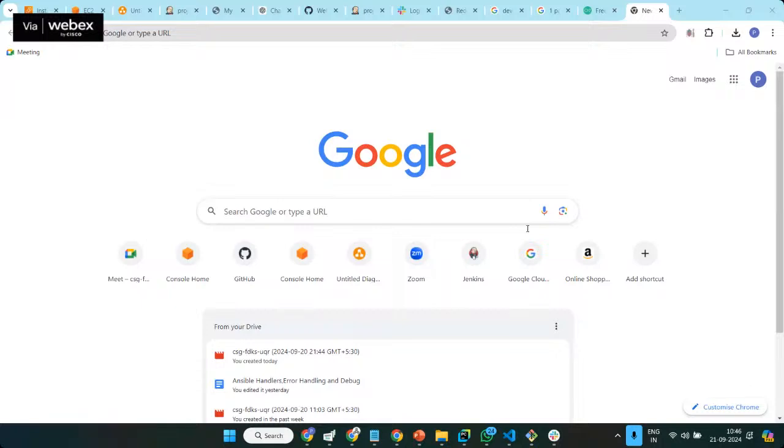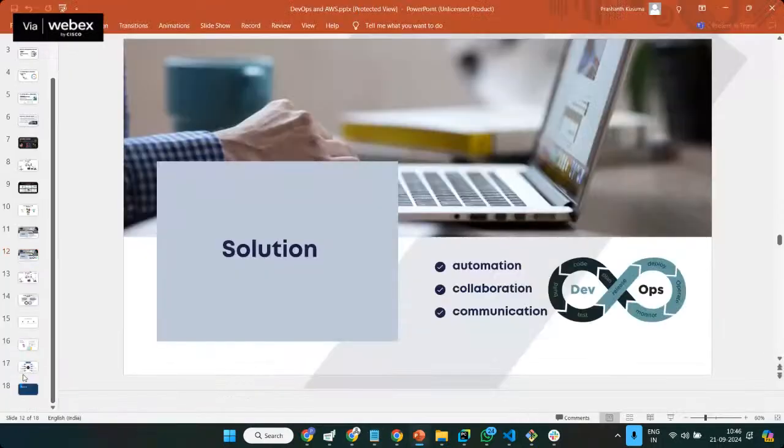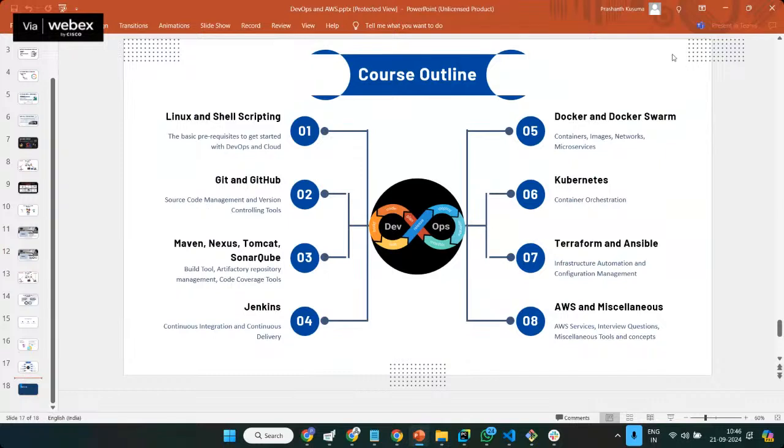Okay. Does your course cover all applications that are involved in DevOps? Yeah, of course. We cover Maven, Nexus, Tomcat, SonarQube. Over here you can find, team, this is the list given. Linux and Shell, of course, you're getting as a separate course. Git and GitHub, Maven, Nexus, Tomcat, SonarQube, Jenkins, Docker Swarm, Kubernetes, Terraform, Ansible, AWS, and miscellaneous services like Prometheus, Grafana,